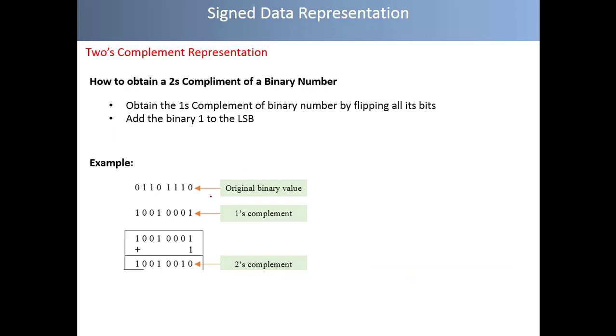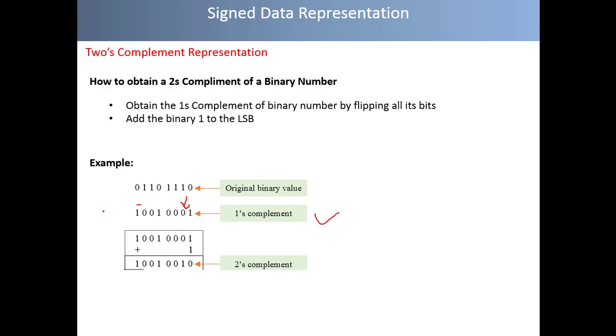The next task is how to convert a given binary number into its 2's complement. To do this, we first obtain the 1's complement of the binary number, which is obtained by flipping each individual bit of the number. So 0 becomes 1 and 1 becomes 0. If we have the number 0110 1110, its 1's complement is